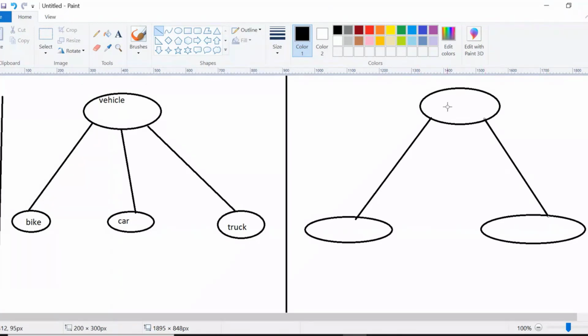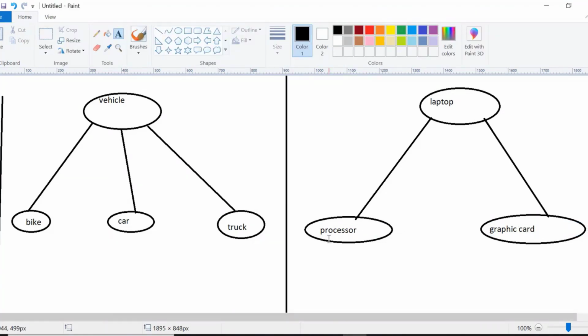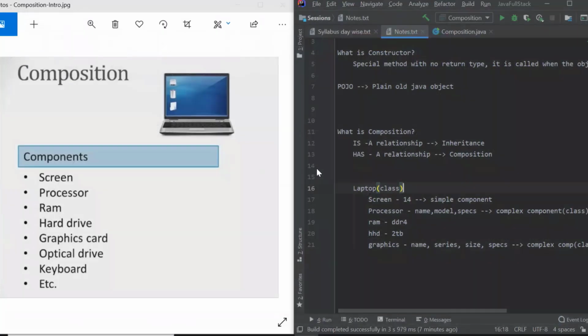You can say that laptop has a graphics card and laptop has a processor. That is how you read composition. Processor, and you have a graphic card. Did you understand the major difference between an is-a relationship and a has-a relationship? Yes, sir.